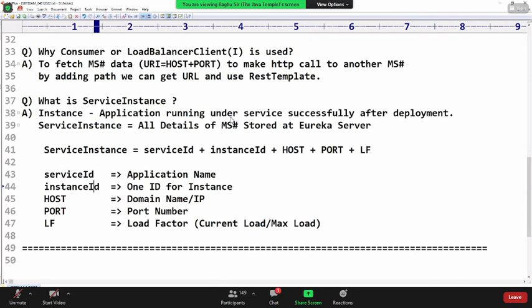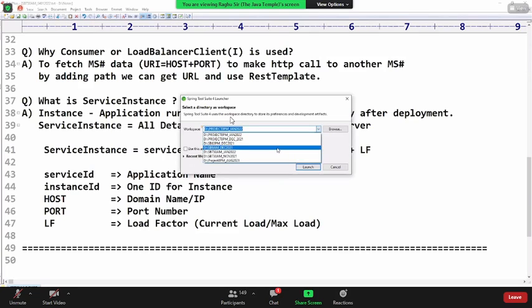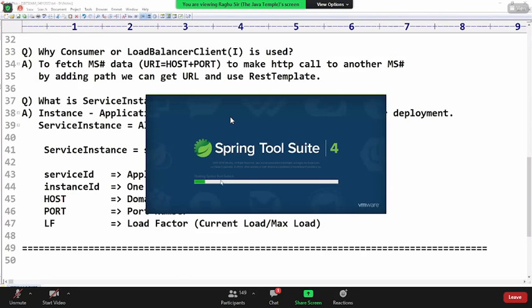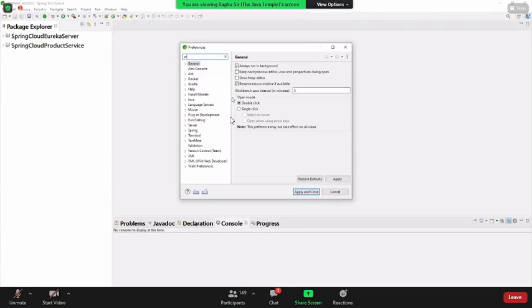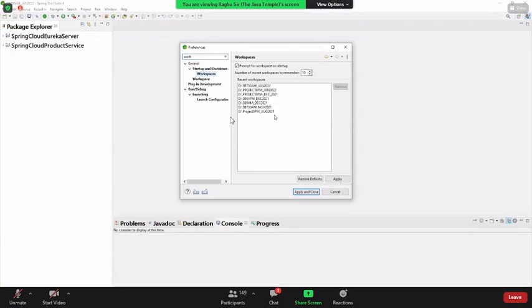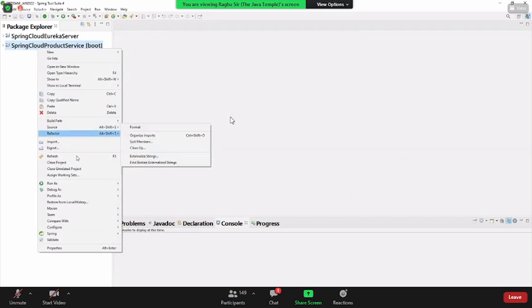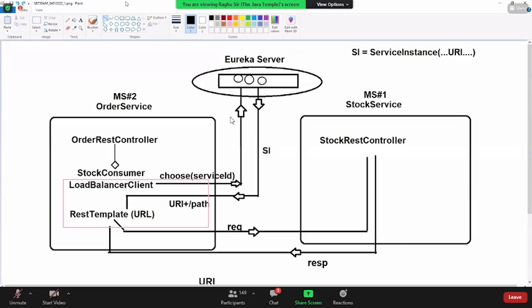Now first I am writing two simple microservices. Observe. First of all, I'll write it without this code.